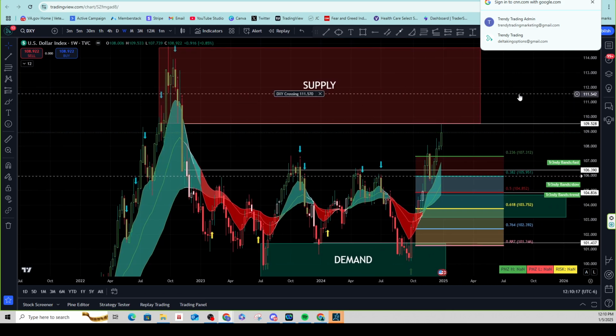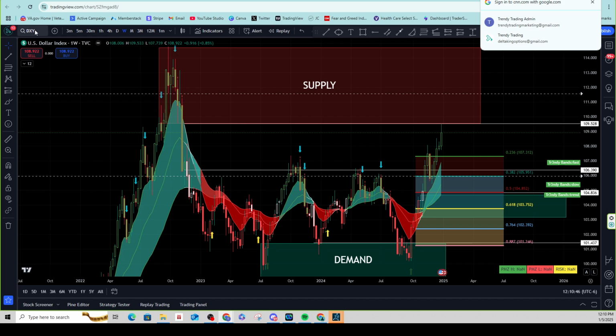Now, notice I made a DXY alert here. This is where, if for some reason the dollar gets up and over 109.5, I would say definitely be cautious, and you could see a move up towards 111 and a half, where I do believe we'd get a harder rejection on the supply. Okay, caution over 109 and a half, like I said, but price is also supported by 107, by 106.